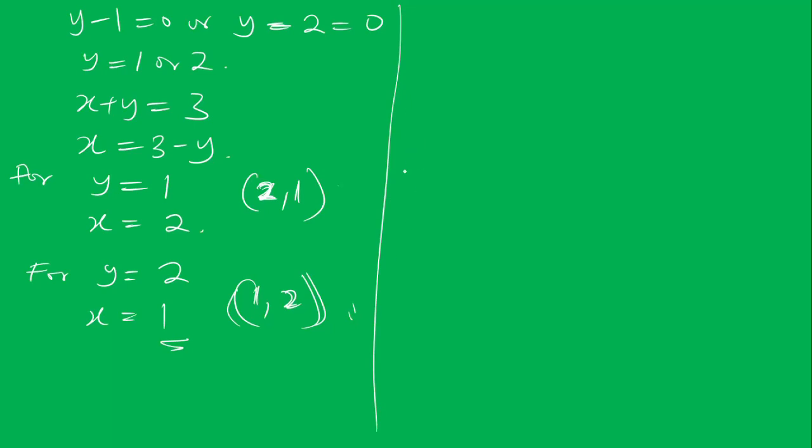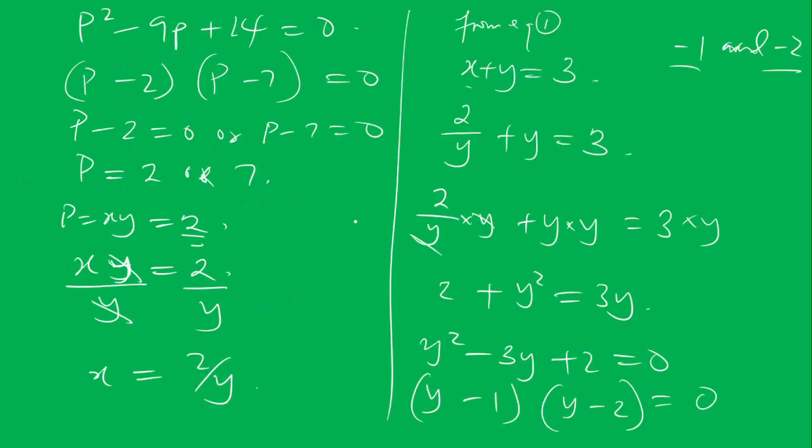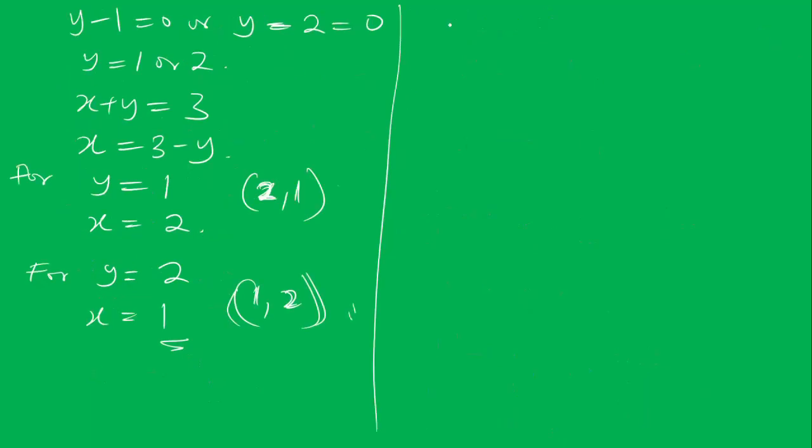Now let's look for 7. Let's look for when p is equal to 7. Here we have done for p equal to 2. So when p is equal to 7, now you know xy is equal to p. So x times y is equal to 7. Dividing all through by y, this will cancel out, you have x equal to 7 all